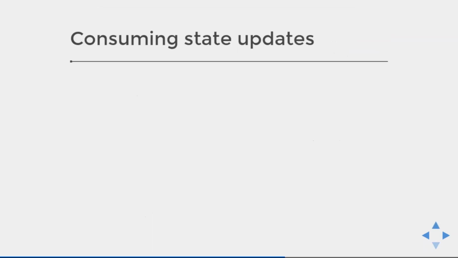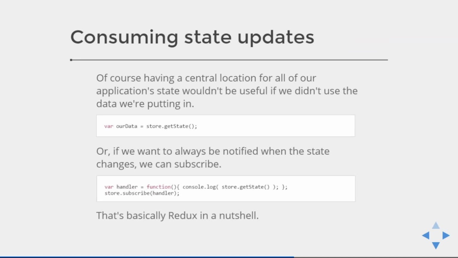Okay, so next step is how we are going to consume it, how we are going to get that state of your Redux has been updated. We also have these methods. You can fire the getState method on the store object to capture what your current state is. So 3 things: you will create a reducer function, you will create a store by calling createStore. Now you got the store object. On the store object you are going to fire the getState method, a subscribe method, and a dispatch method. The getState method will always return the new state object, which is returned after you have dispatched some action.